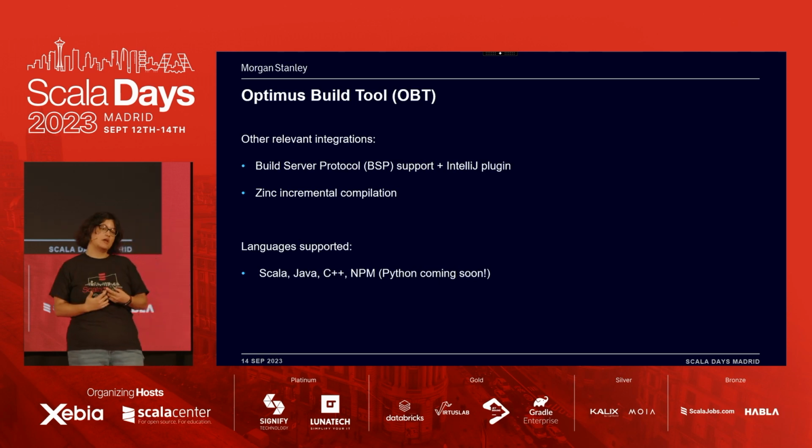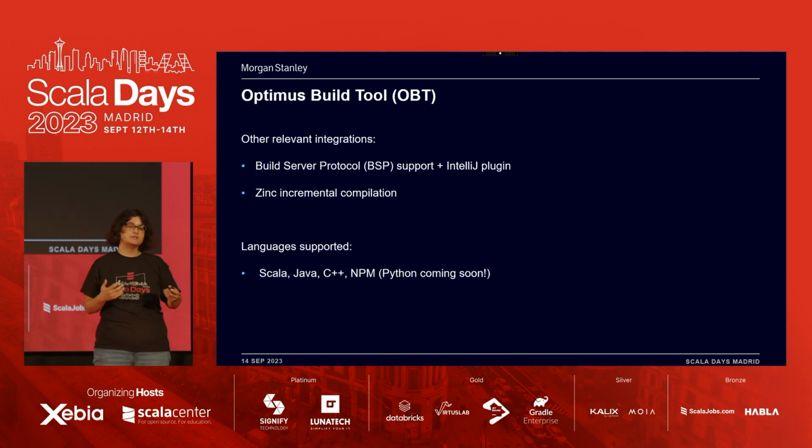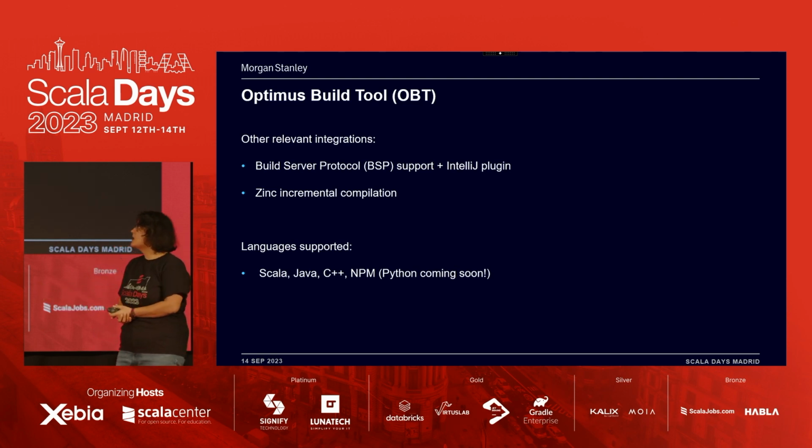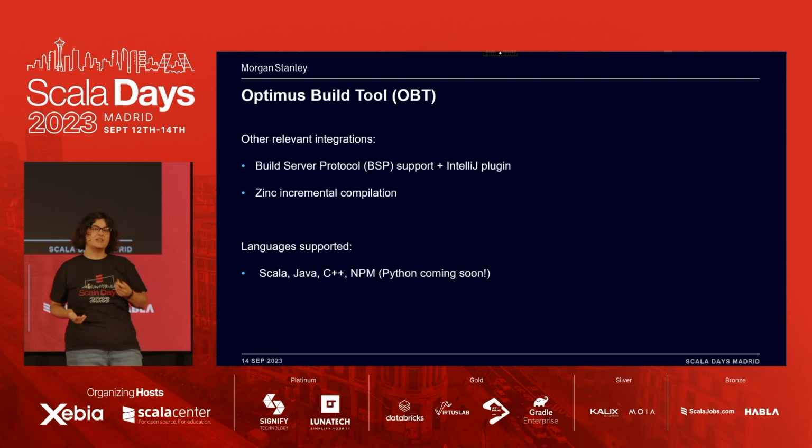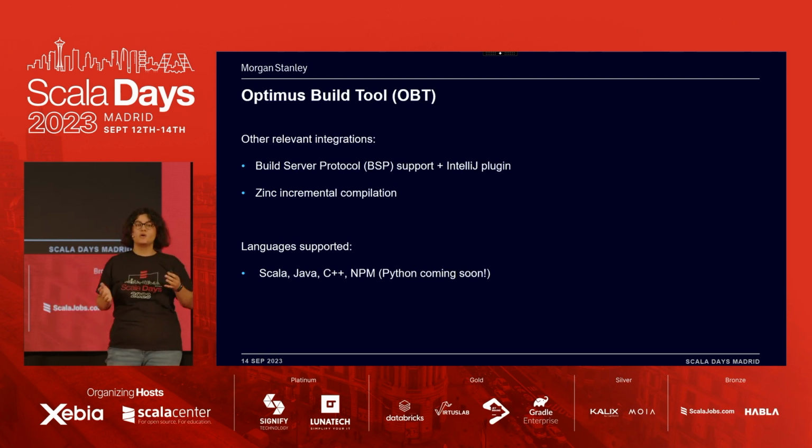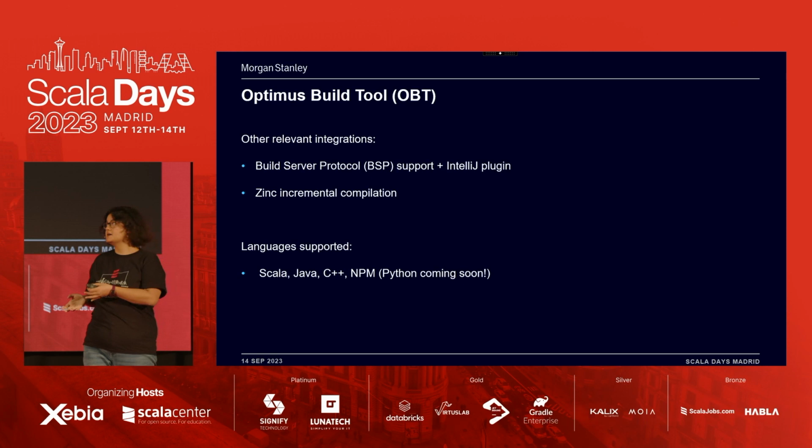And a very big shout out to the Zinc team. This is the incremental Scala compiler. So that allows us to do further optimization when compiling a single scope. So Zinc is going to tell the Scala compiler, hey, only this class is changed, therefore you only need to compile this class plus all the things that depend on it. And as Valerie mentioned, this has been extremely successful for us. We went from 5 million lines of code to 22, 800 scopes to almost 2,000.